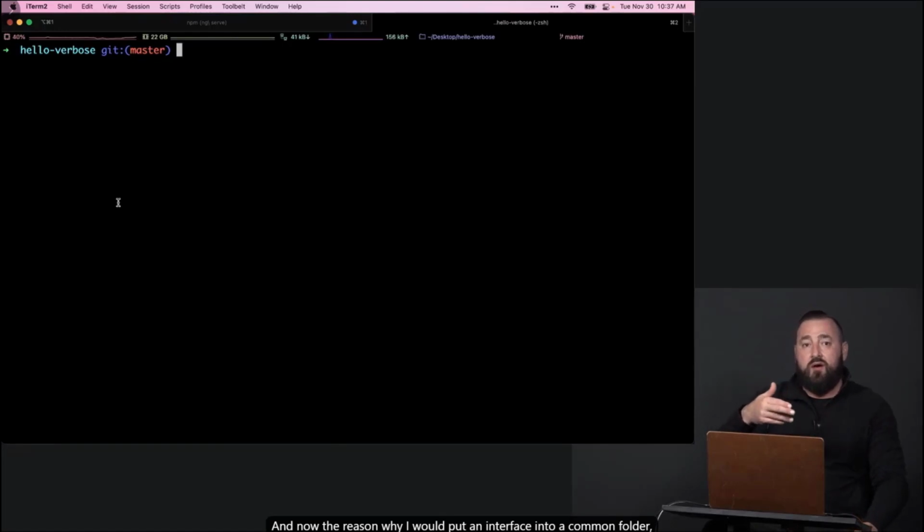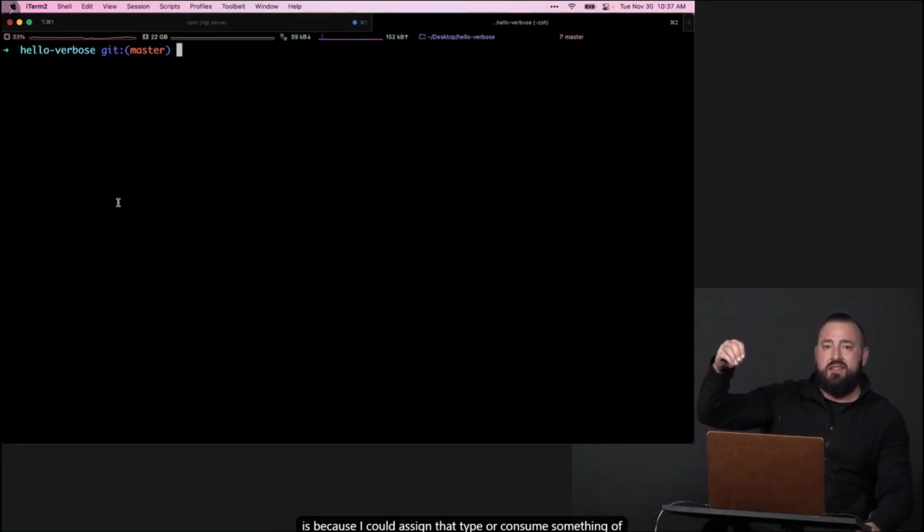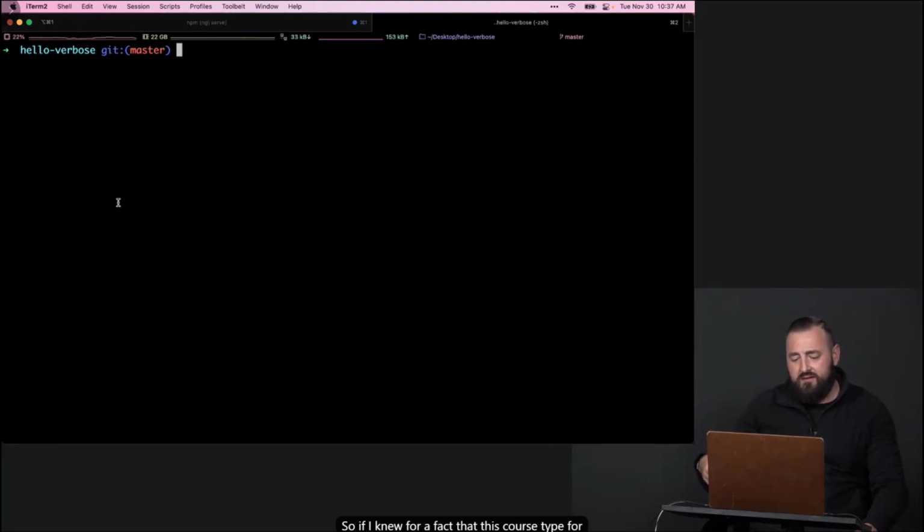And the reason why I would put an interface into a common folder is because I could assign that type or consume something of that type in multiple components within the application. So if I knew for a fact that this course type is only ever going to exist within these three templates, I would consider putting it in there. But because I know that I may want to display courses in the home component, what I want to avoid is